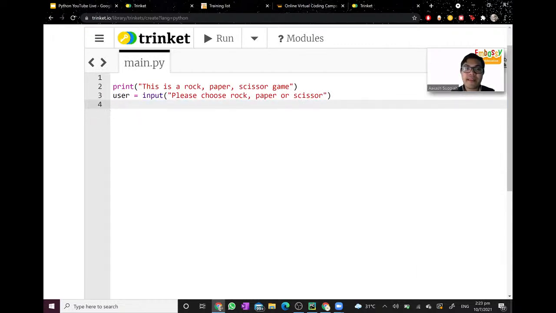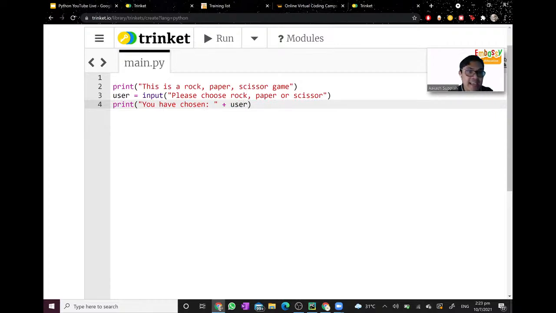Don't worry. Now let's say I want to display the choice that you've chosen. I can do print, and type in the custom message I want, for example, you have chosen, and next, I want to write the value that I've chosen. To do that, I write the string first, which states a custom message, you have chosen, and then put in plus the name of the variable that I want to display. So it will be user.